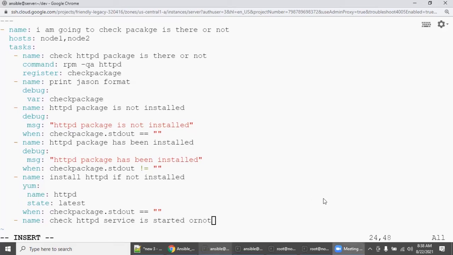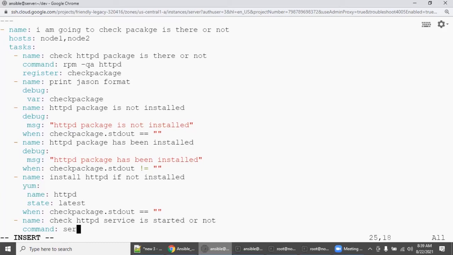What is the command to check? I'm giving you an idea. There is the shell module, you can achieve the same. Even the command module with systemctl, you can achieve the same.